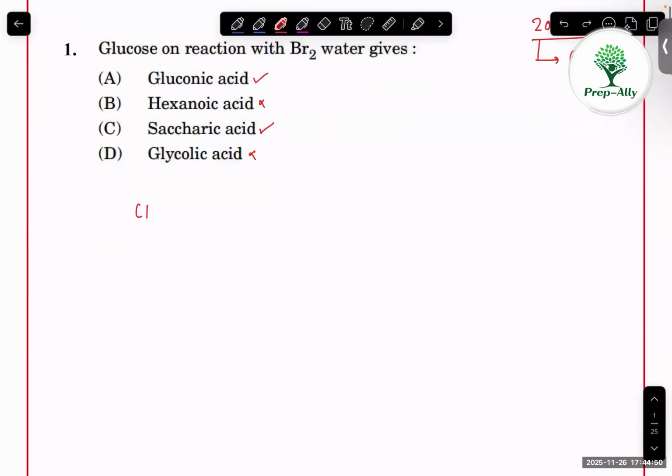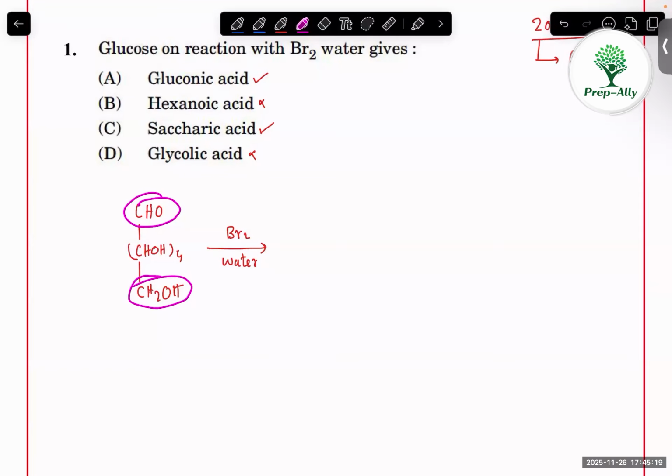All right, so glucose we can represent like CHO and CHOH 4 times, followed by CH2OH. So when you are reacting this with bromine water, which is a weak oxidizing agent, weak oxidizing agent means this will oxidize that particular group which is very easy to oxidize. So here actually we have the CHO group as well as primary alcohol. But primary alcohol is comparatively difficult to oxidize when compared to aldehyde. So what will happen is it will only oxidize the aldehyde, forming a compound like this. So this compound is called